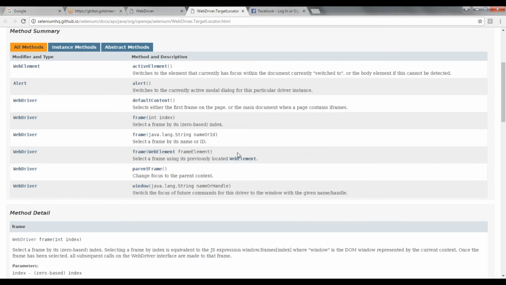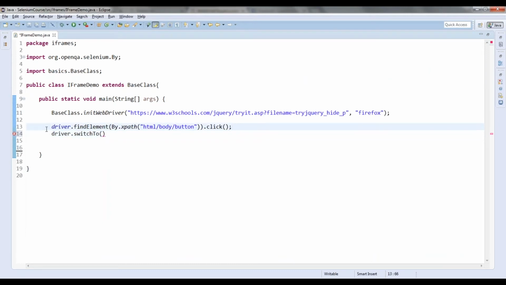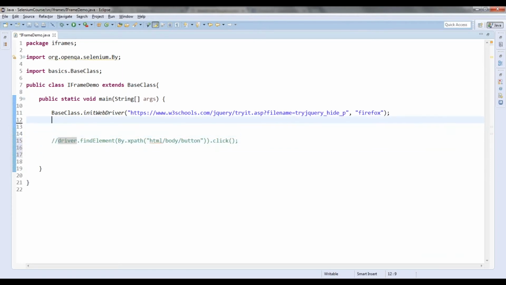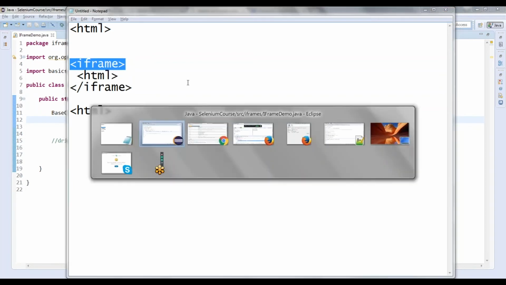So how exactly am I going to work on that? First I should not click on this button. First I should switch my entire execution to the frame, because it is embedded inside an iframe. I cannot directly access the elements from a different source. For that reason I am switching to the iframe.